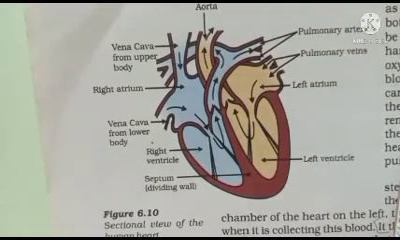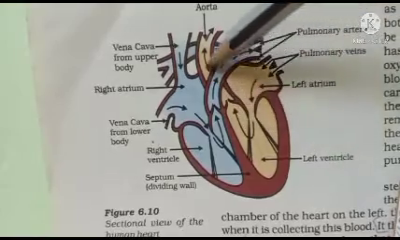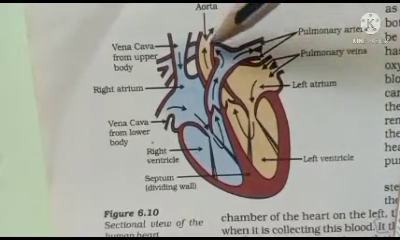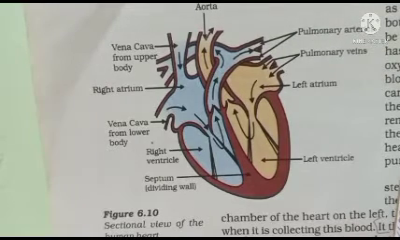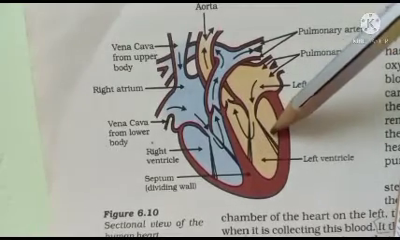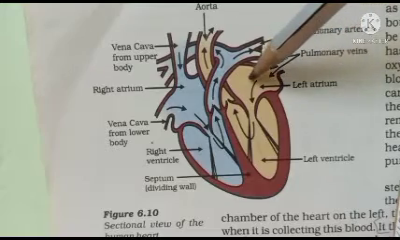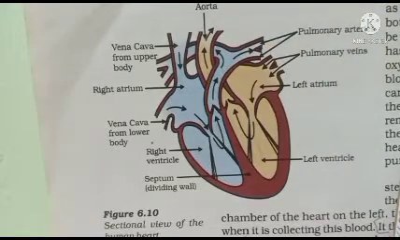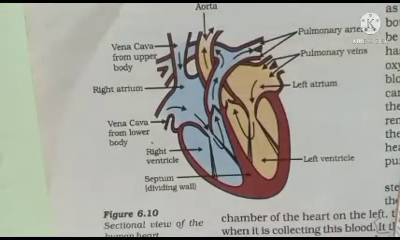oxygenation. At the same time, when the left ventricle contracts, the blood will pass through the large blood vessel, the artery called the aorta. It carries the blood to all the parts of the body. So the left ventricle has the oxygenated blood which has been received from the lungs through the pulmonary veins into the left atrium and then to the left ventricle. So from the left ventricle, the oxygenated blood will pass through this aorta to all the parts of the